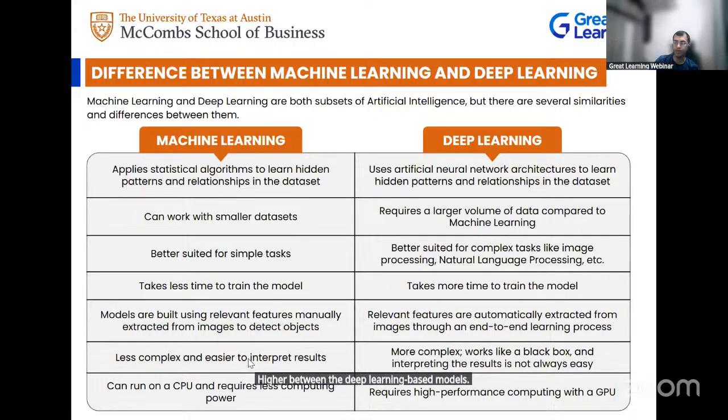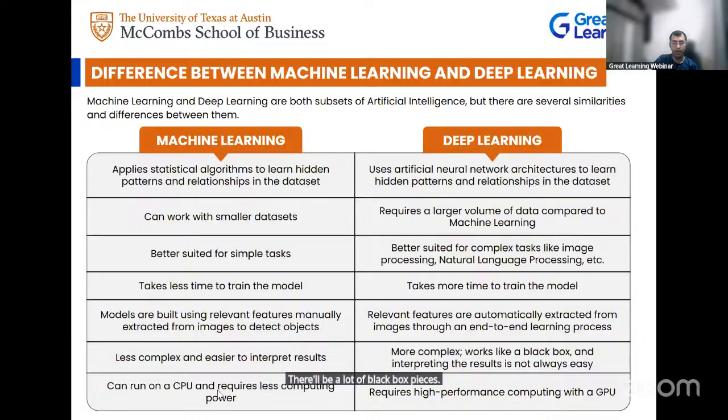So less complex and easier to interpret the results. Whereas deep learning models are more complex and may not be that easy to understand what they are trying to learn internally. They become more of a black box. There are certain strategies available where we can go deep into identifying how and what these models are trying to learn. But still, we can't go very granular in understanding how this model actually works. There will be a lot of black box pieces.